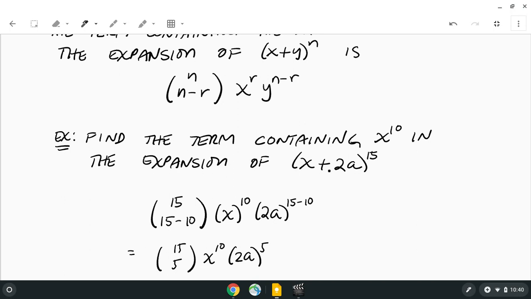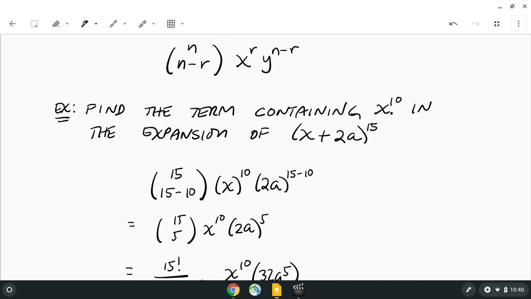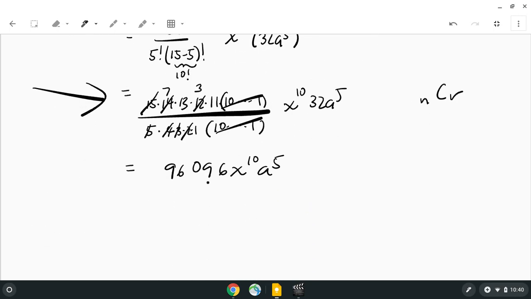Because when you raise this to the 15th power, you got a ton of terms there, and we want to know what is the term that contains x to the 10th? That would be this one. This is the term that contains it. Okay, so that is it